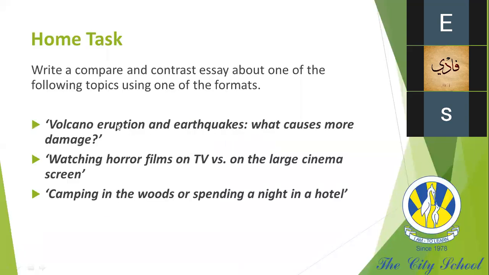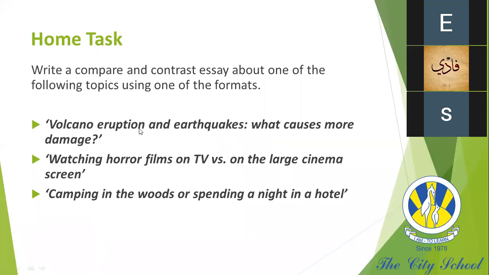I have given you 3 topics. I want to ask only the first one. Volcano eruption and earthquakes. Yes. Tell me what causes more damage? Okay, if you're going for this topic, let's say with block method, what are you going to do? You are going to take volcano eruption first, and write everything about it.